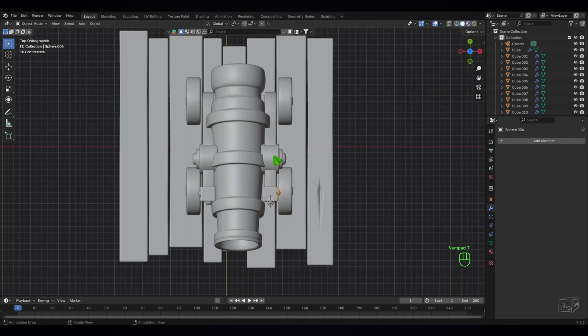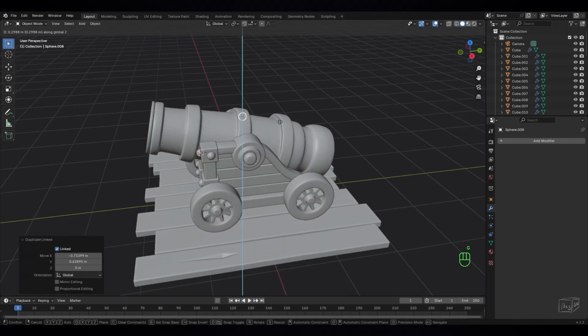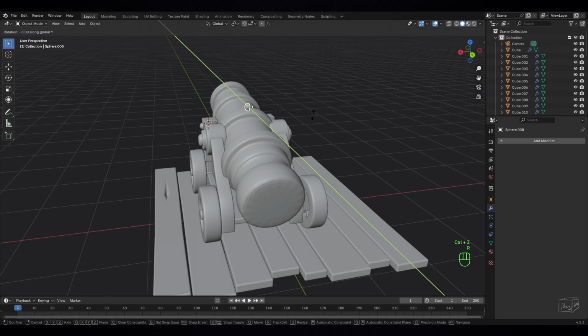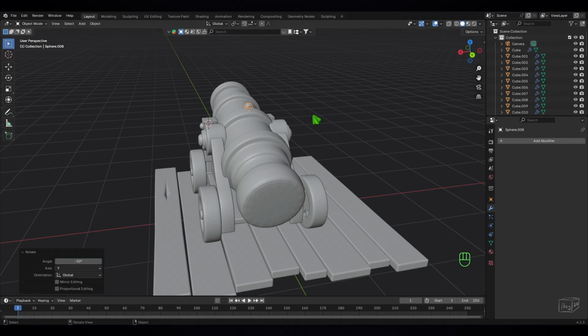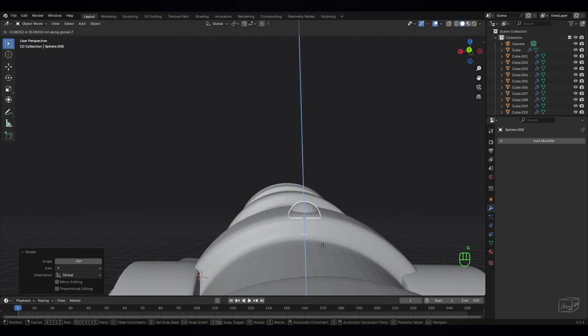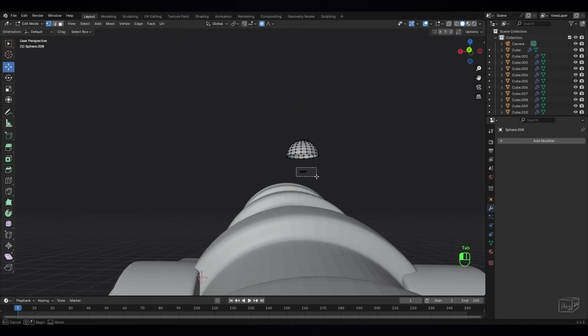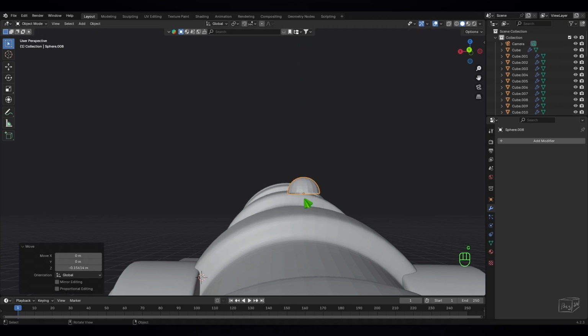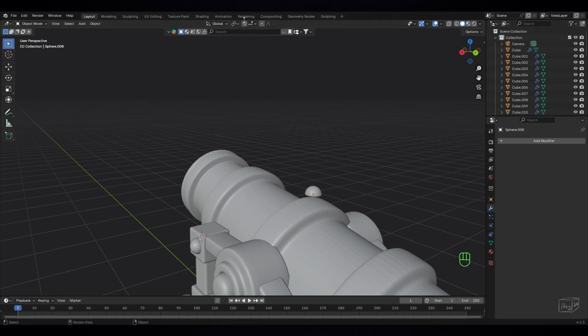Just select this one, go to top view, Alt D to duplicate here, just put it here and move it up. And we have one problem. If we rotate to 90, okay, let's rotate the y-axis to -90 degrees. You see we have some, I can't really put, okay, just delete this part, I forgot to delete them. Delete, okay, we can't put it here. To do that, we can just turn on this